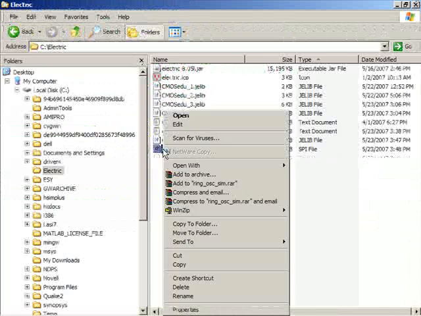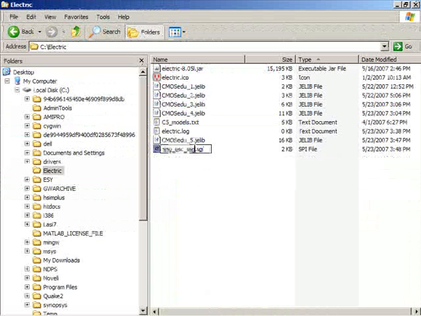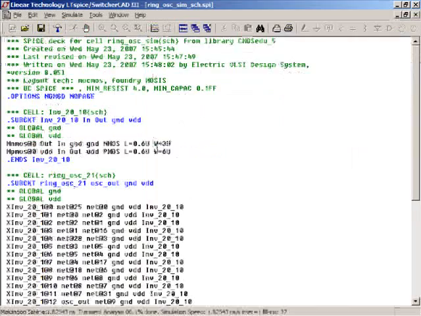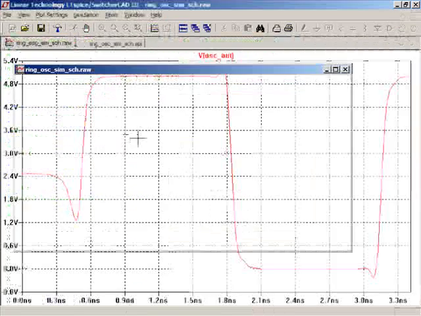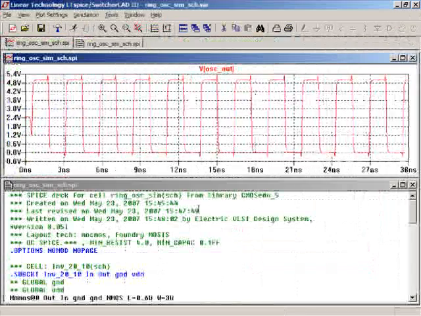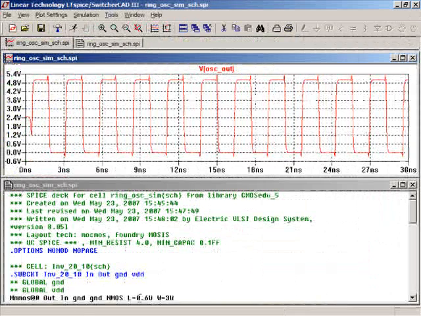Let's go in and rename it just to make sure that it's not confused when we do the layout. Schematic. And plot V oscillator out. And we see it runs, and no problem. Now one interesting thing we can do that's